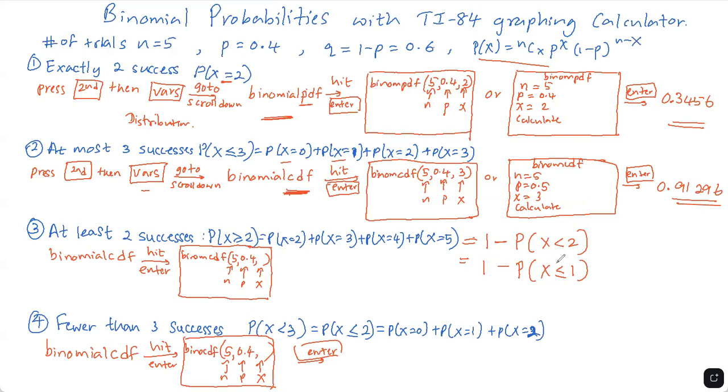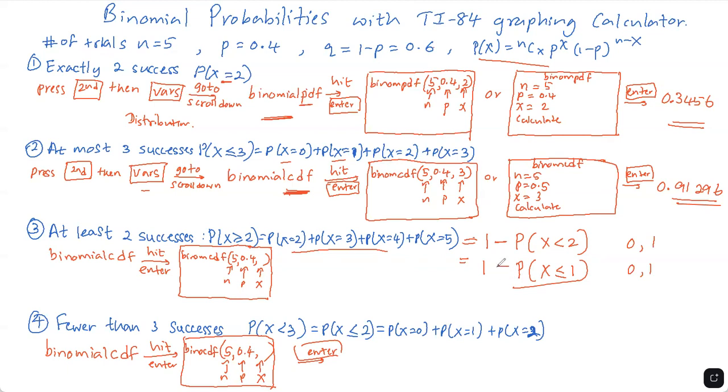These two sets are the same because x less than 2 is 0 and 1. So x less than or equal to 1 means also 0 and 1 are the two events you should consider, right? So that means you can find this probability using the calculator. So we do this because we cannot calculate this one directly using the binomial CDF function in the calculator, right? So that's why we consider the complement set and then calculate the probability of the complement set, and then you can